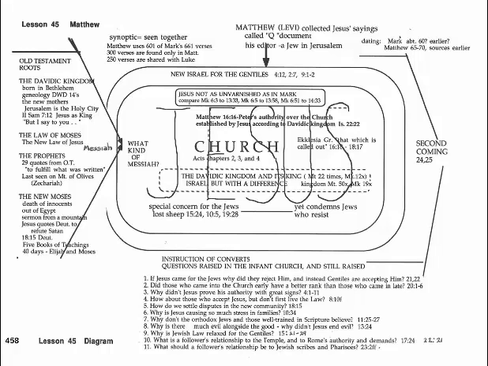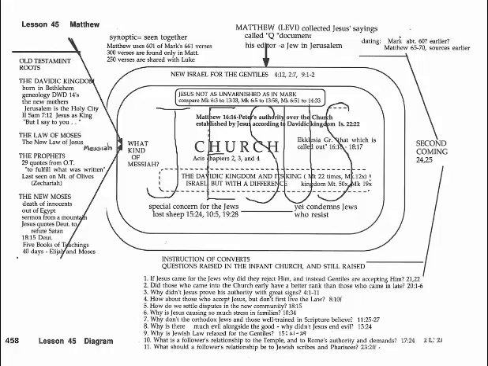All right, point 2. Did those who came into the church early have a better rank? Isn't that a good story? What about the fellow who only worked a few hours and got the same wage? There will be no ranking in the church. Why didn't Jesus prove his authority with great signs? Well, the sign has to fall on good ground in order to root. We have this parable of the soils. We can see that those roots have to find prepared soil.